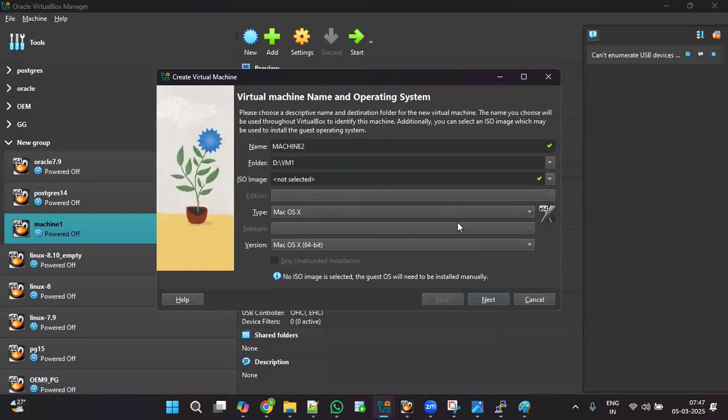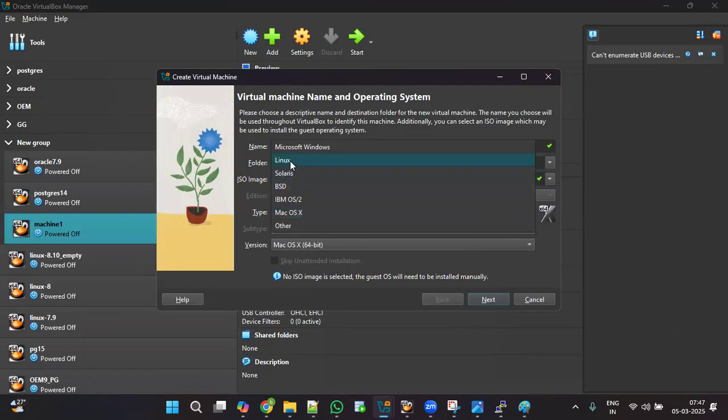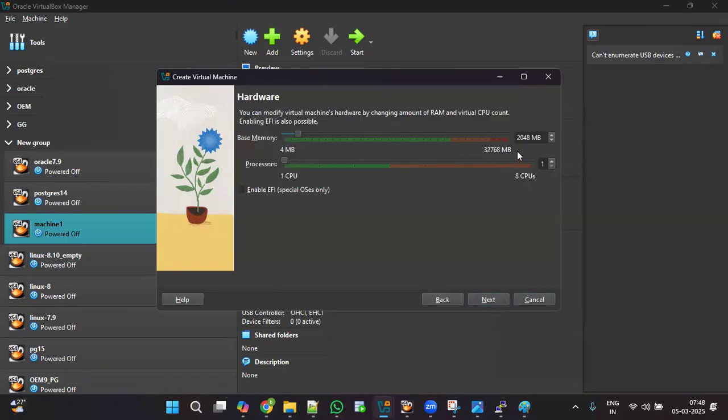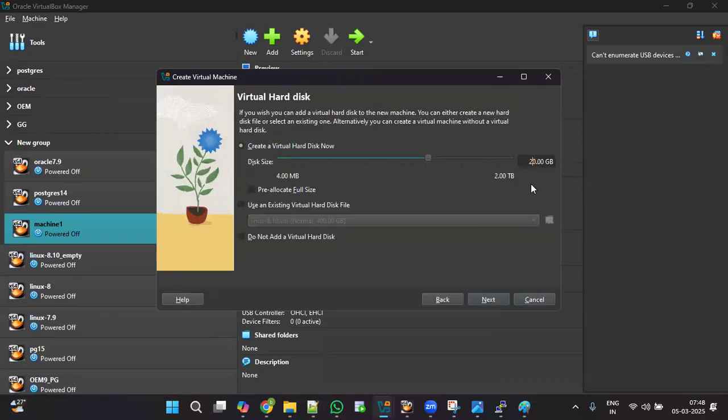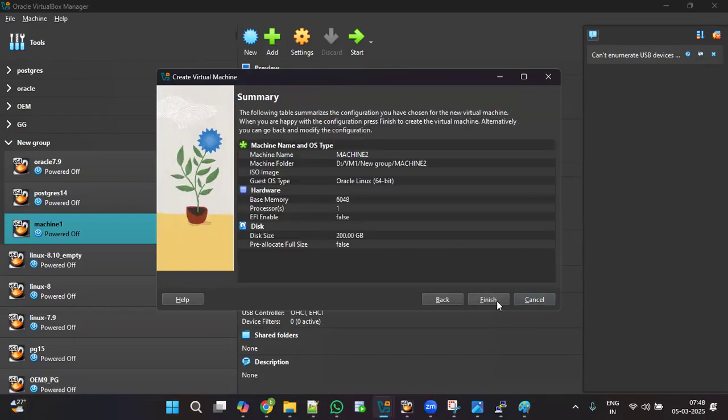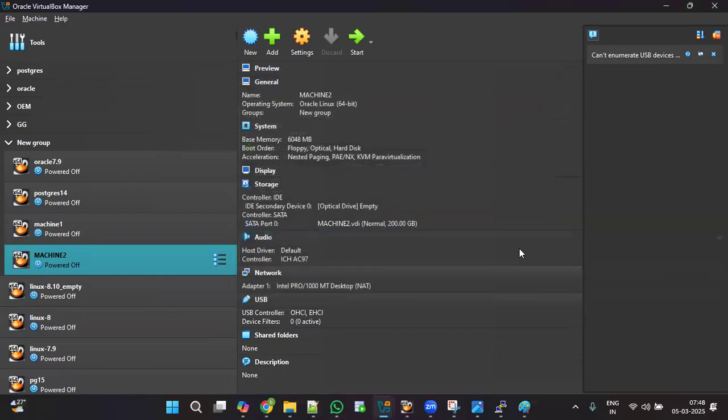VM1, I select VM1. Next, type operating system Linux. Then next, how much memory are you going to assign? So 6 GB or 5 GB. Click on next. How much storage? 200 GB. Click on next. So you can verify the machine name, how much memory assigned, how much disk, 200 GB. Click on finish. Yes, like this, you can create